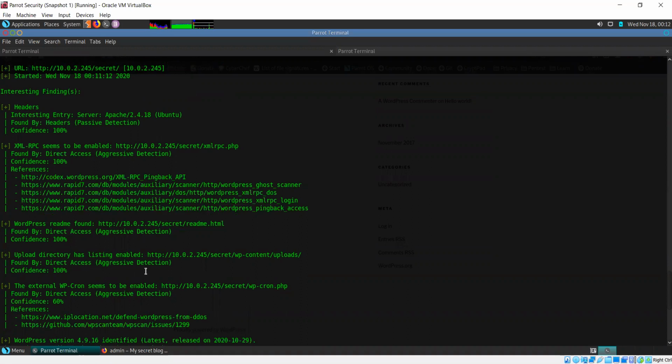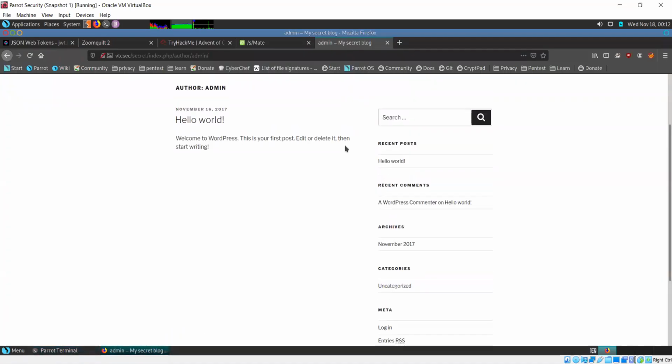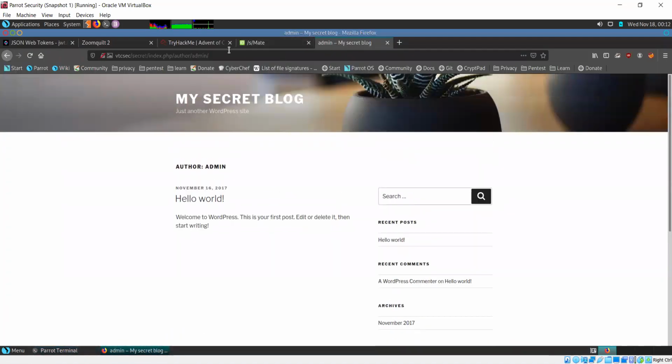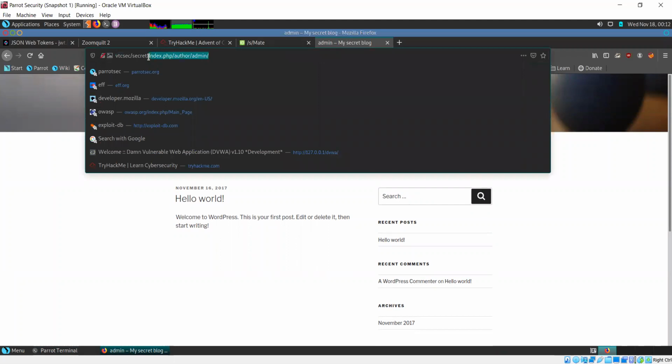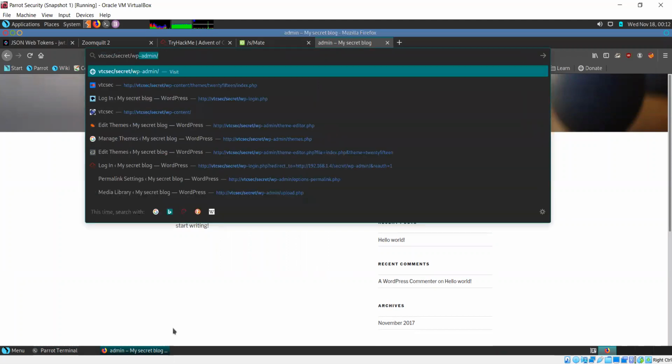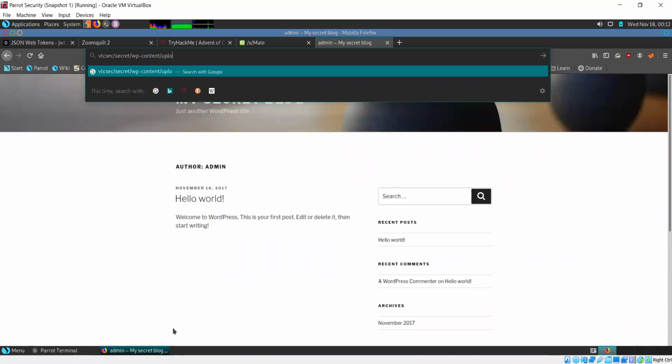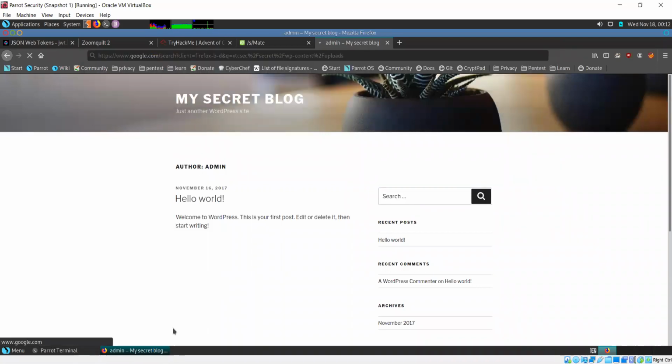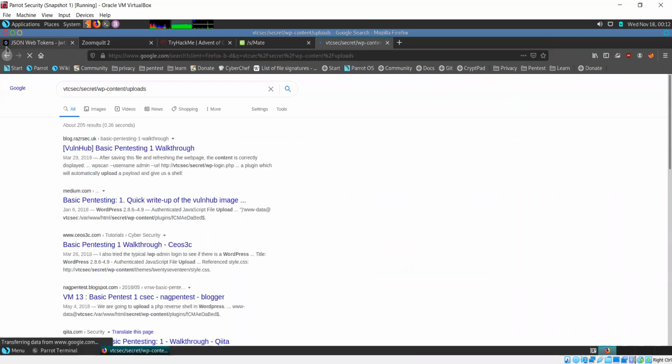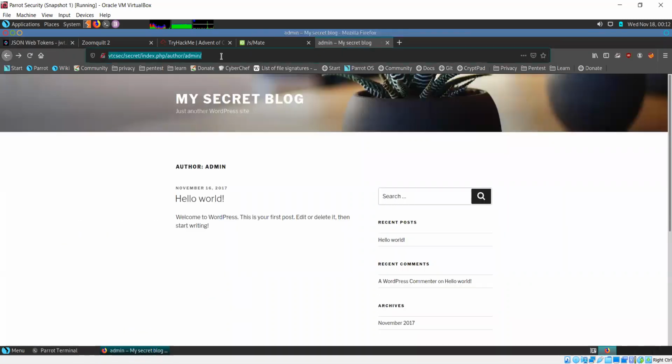Directory listing enabled in wp-content uploads. Now, this might be useful because there might be some file uploaded which might have some information for us.